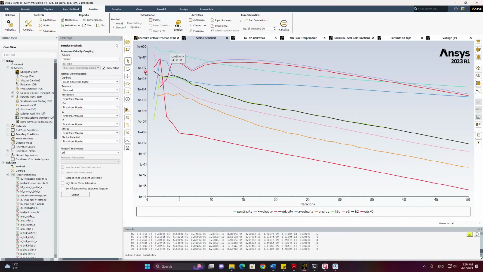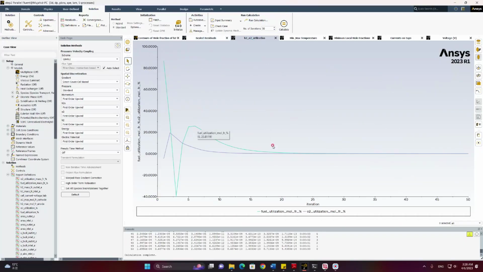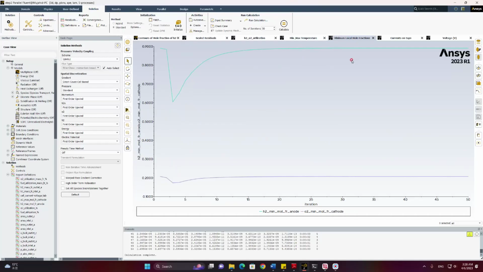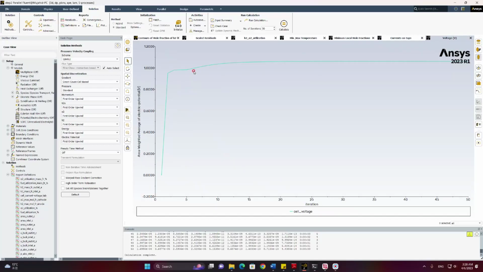Since we initialize, now the scaled residuals start from 0 iteration, and likewise the hydrogen and oxygen utilization are initially at 0, the temperatures are minimal, and everything is at the initial stage. Now instead of just increasing the load, we will also increase the fuel supply. For that,